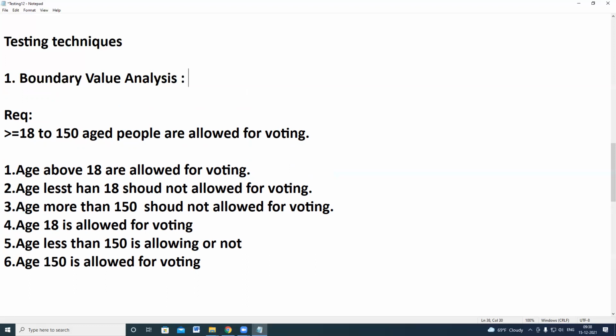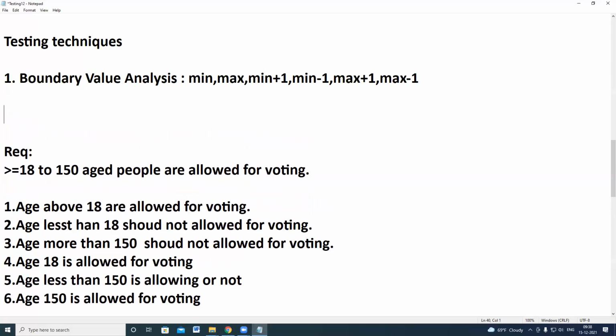What is boundary value analysis? It means min, max, min plus 1, min minus 1, max plus 1, max minus 1. These 6 combinations we can call boundary value analysis.